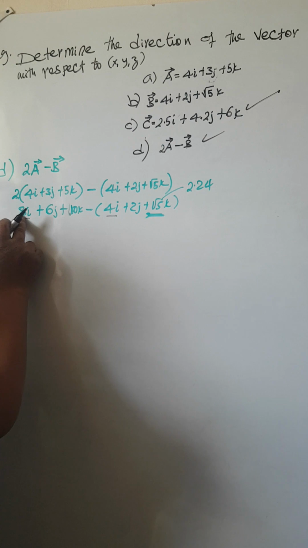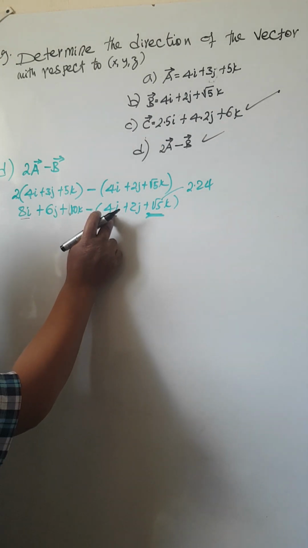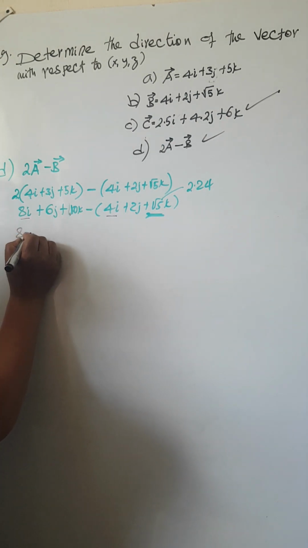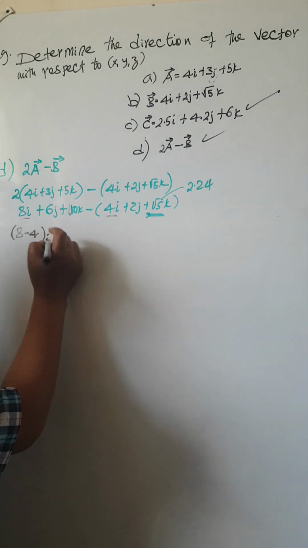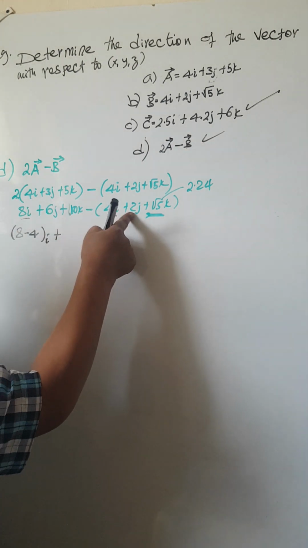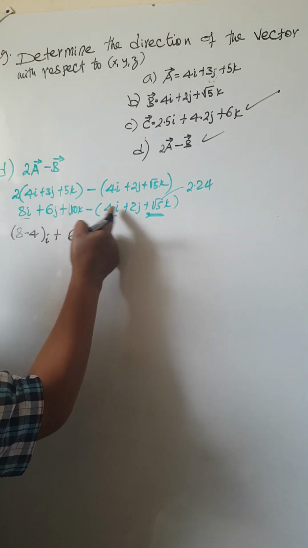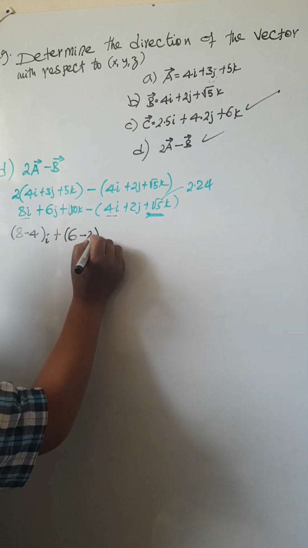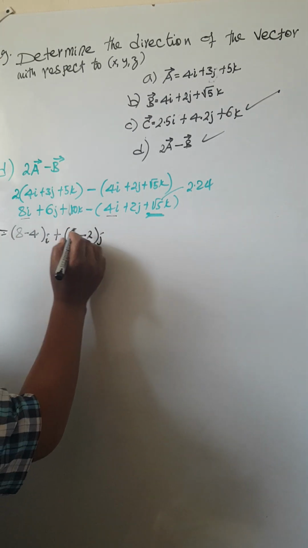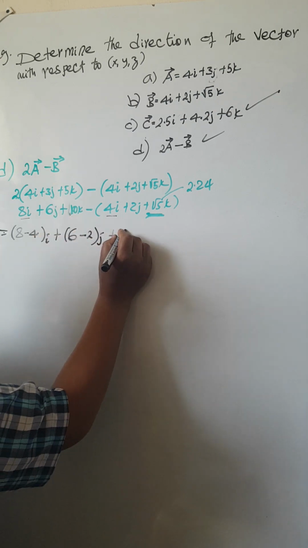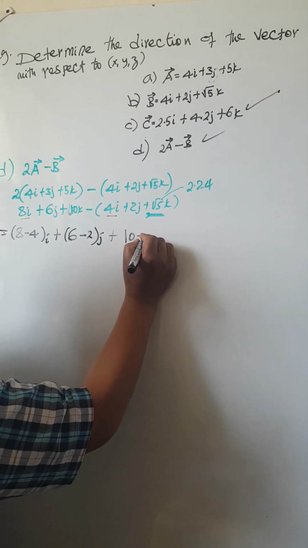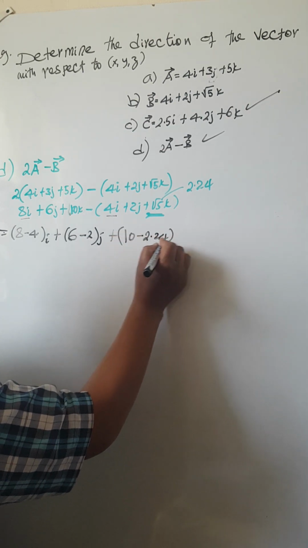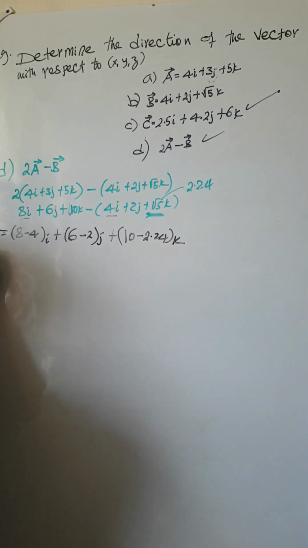So here we have 8 along I, 4 along I. So that's 8 minus 4 along I, plus here we have 6 along J and 2 along J, so 6 minus 2 along J, and plus here we have 10 along K, 10 root 5 means 2.24, minus 2.24 along K. This is twice vector A minus vector B,